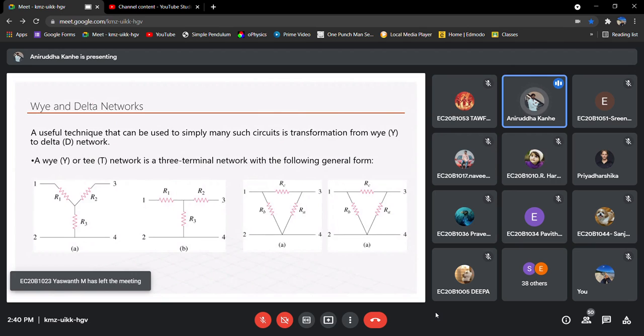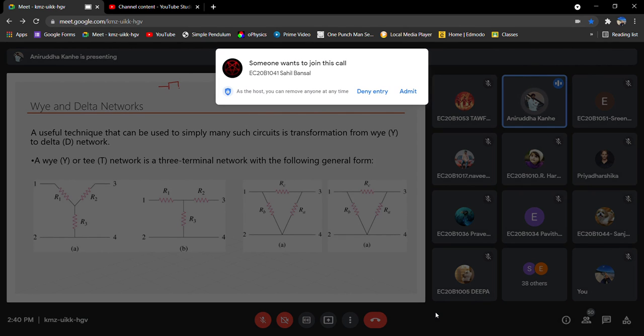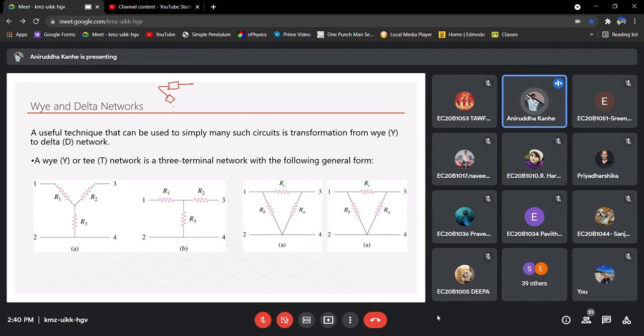Okay, next is a delta Y connection. Such kind of circuits which are shown here, when the resistances are connected in such a fashion, or in general you can consider any passive element which is connected in this fashion. It can be an inductor combination, it can be a capacitor combination, whatever. This is called a delta Y combination. So why are you using the word delta and Y? This looks like a delta, or maybe a star and a triangle, or delta Y.